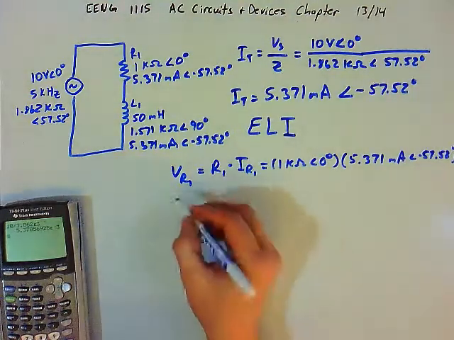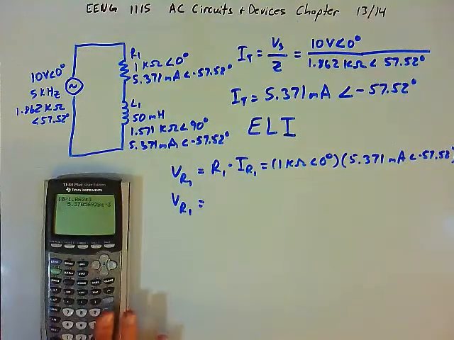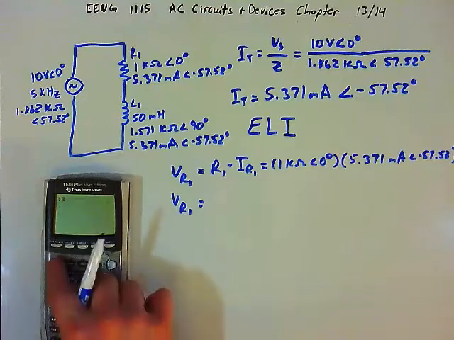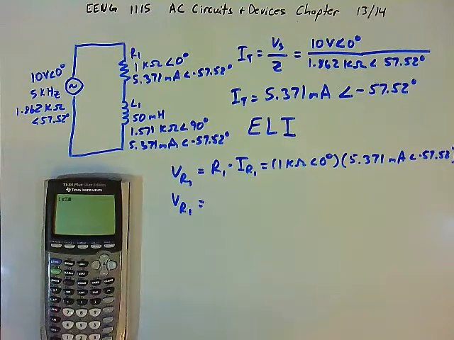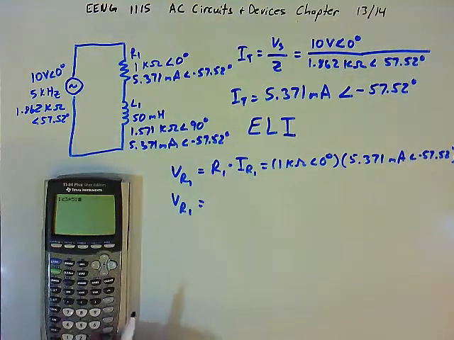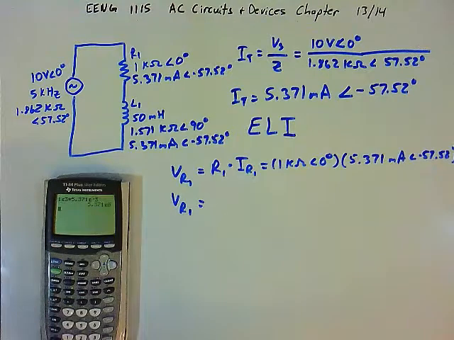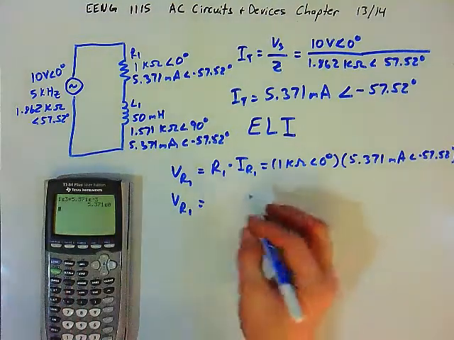Okay, and so the voltage drop on the resistor will be, we have 1 kiloohm times 5.371 milli. The voltage drop will be 5.371